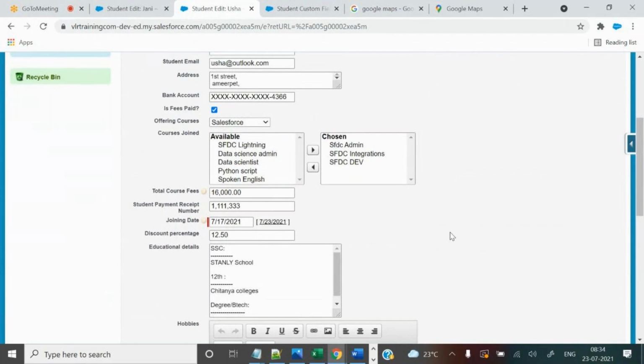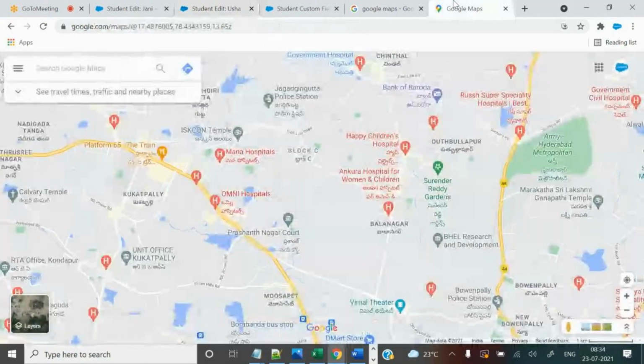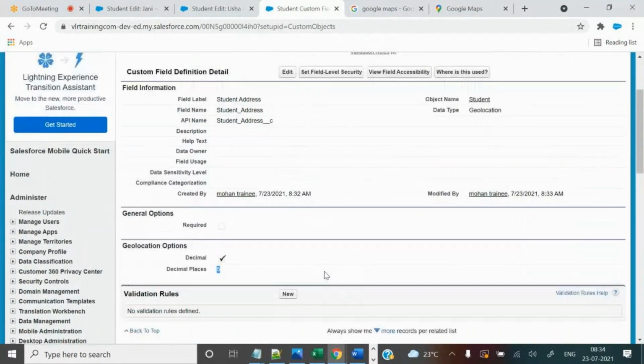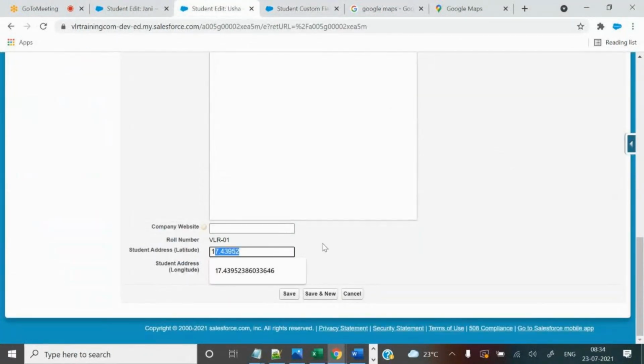What is the original benefit? To calculate the distance between the locations. That is one example I am giving, guys. And by using integrations, if you want to display the location of the student in Google Maps, right? You need to create a geolocation field also, so we can store the geolocation details, and by using integrations or coding, we can display this kind of map here.